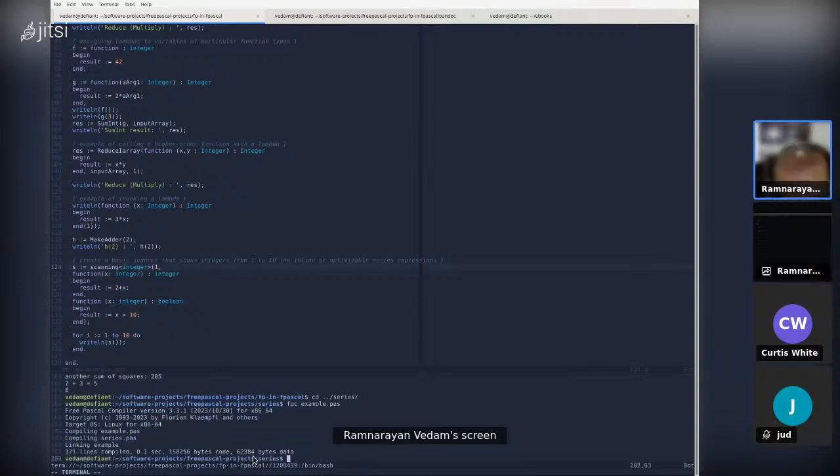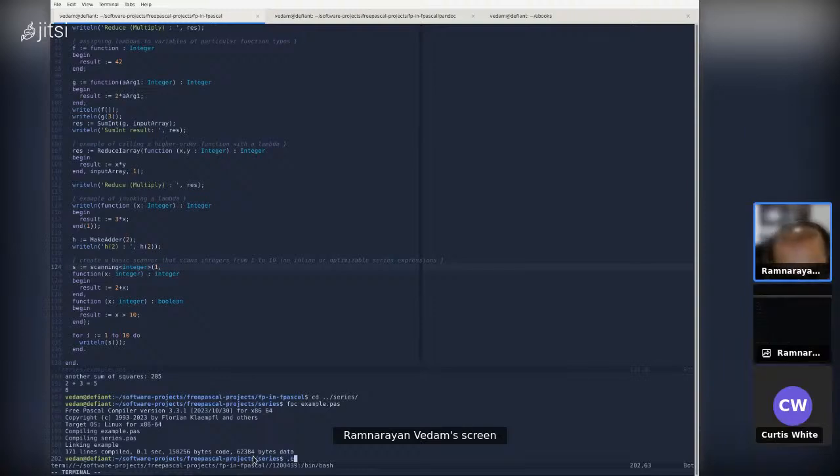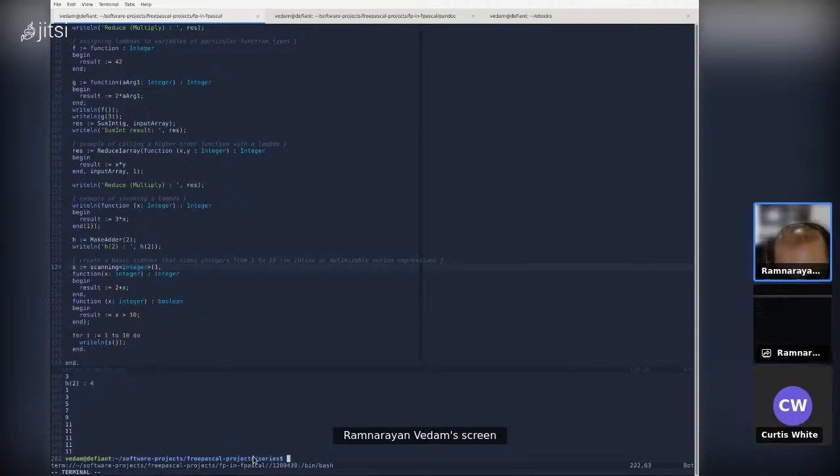Yeah, it worked. It compiles. So yes, it looks like for units it works this way. Anything that's in the interface section is an exported function. But if you want to create helper functions that are not exported, you have to strictly define them in implementation.